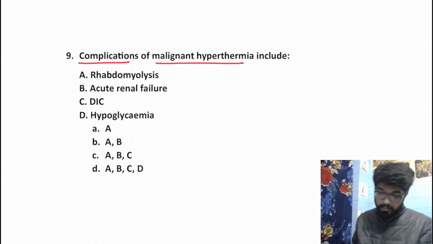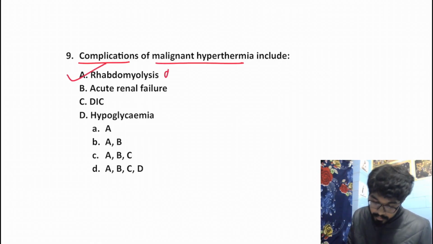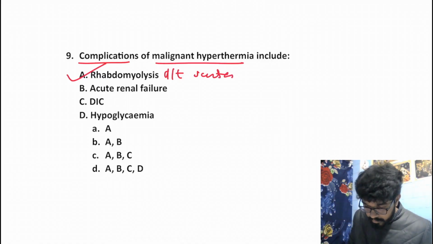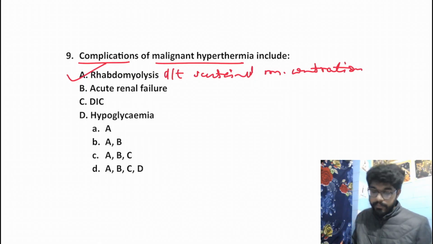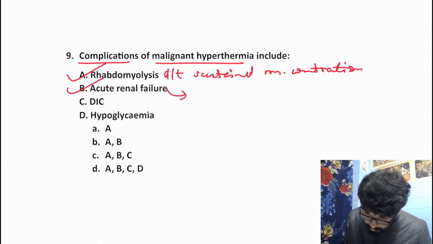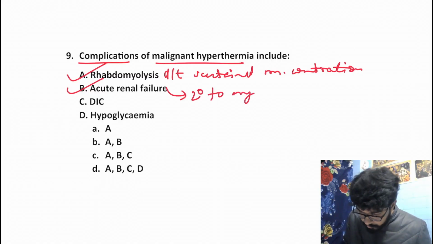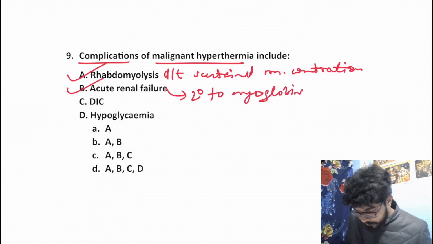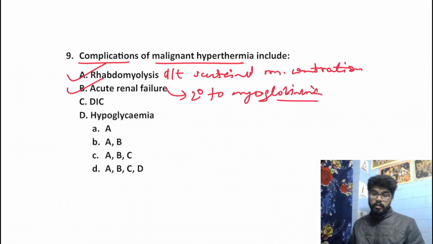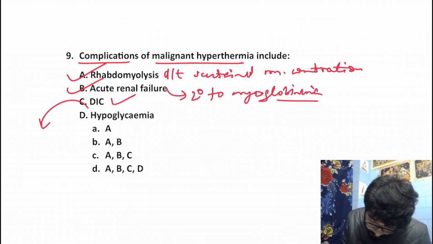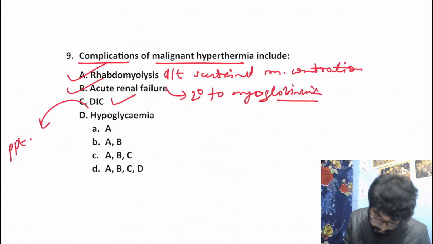Complications of malignant hyperthermia include rhabdomyolysis. Yes, this is due to the sustained muscle contraction, leading to myocyte damage. Acute renal failure. Yes, now this is secondary to the myoglobinuria, right, due to again the muscle damage. DIC. Yes, we can also see DIC because this DIC can be precipitated